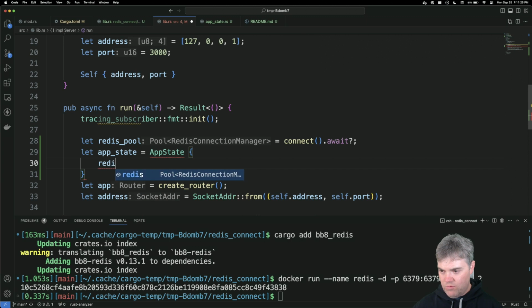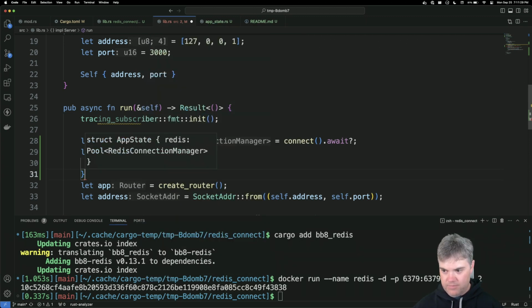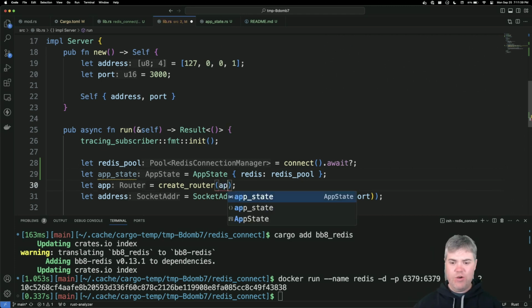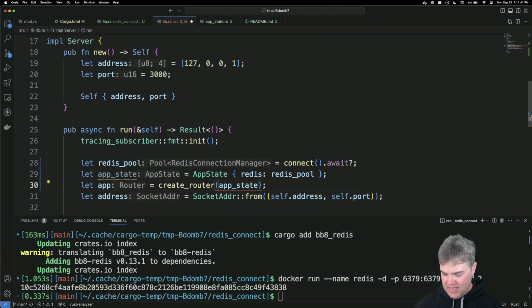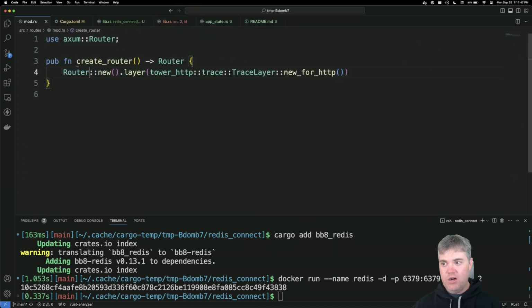And we'll throw in the Redis pool. Okay, perfect. Now we need to use this with state inside of the create router. That's not set up yet, but let's just go ahead and pass in AppState. It'll yell at me for a little bit, but we'll now switch over to our source routes